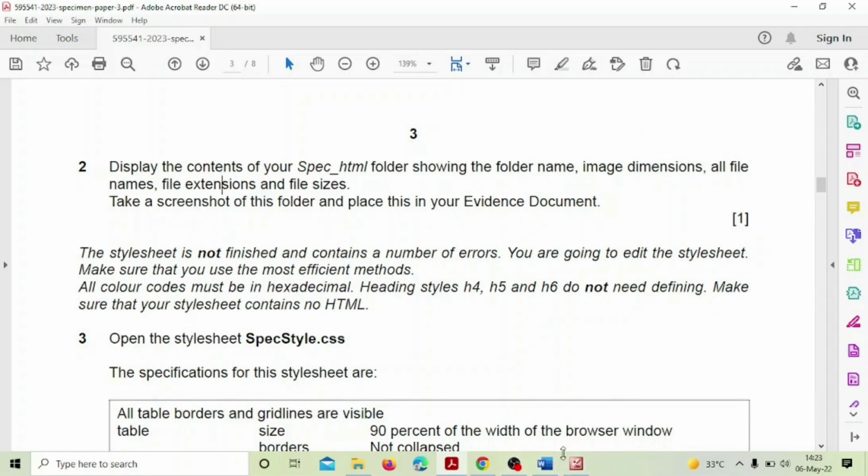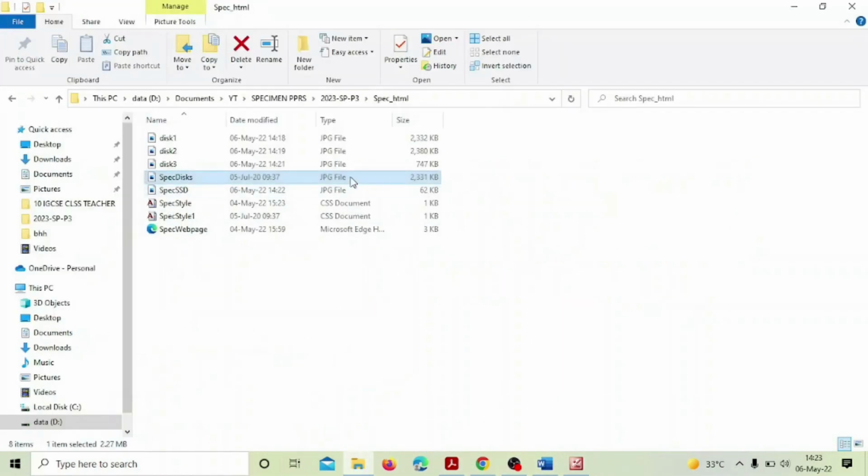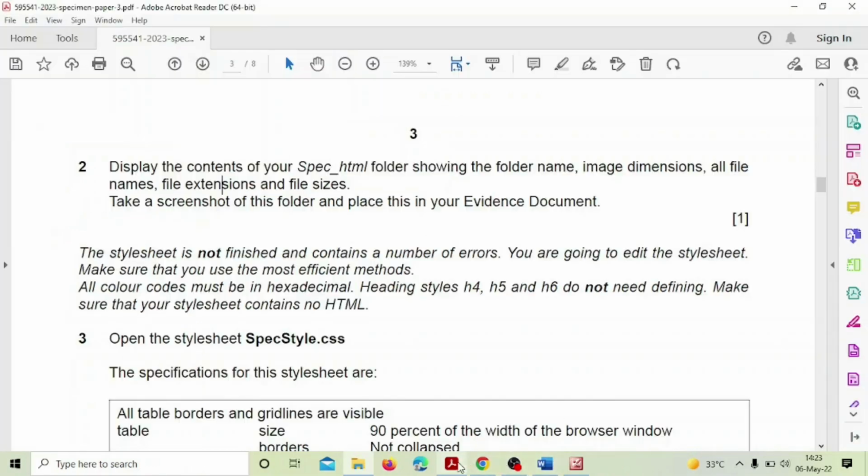So 3, let me see what I have already. I have only the size, names of the files, and the folder name. So 3 I have already. Now what else? Folder name, image dimensions I don't have, names I have, file extensions I don't have, sizes